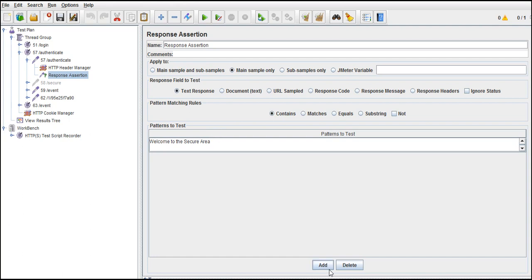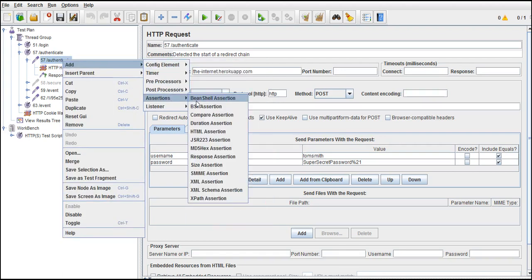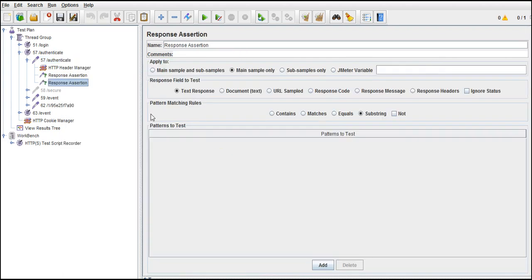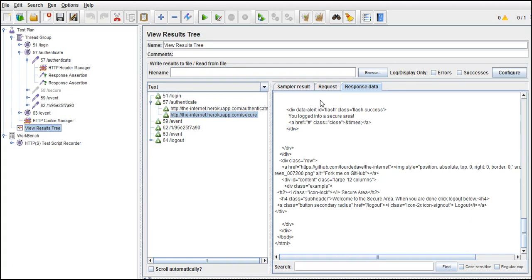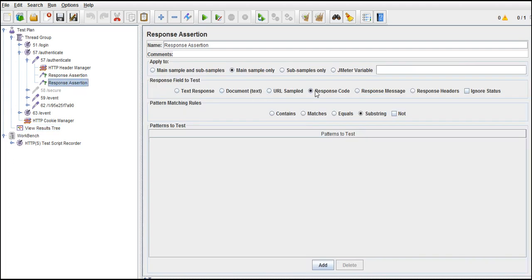Okay, that's it. I'll add one more assertion, response assertion itself, and here I say check the response code. What is the code? It returned in the sampler result. You can see that it is 200. Check the response code.